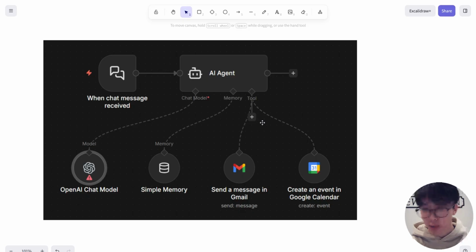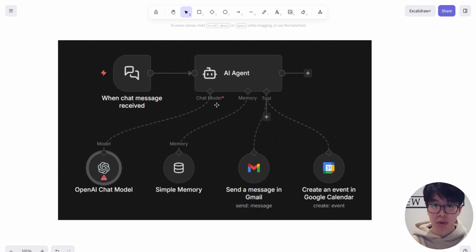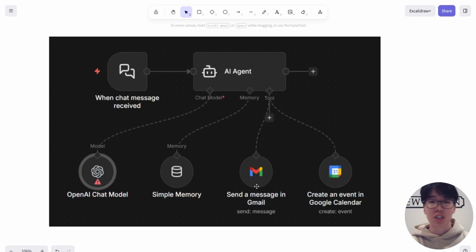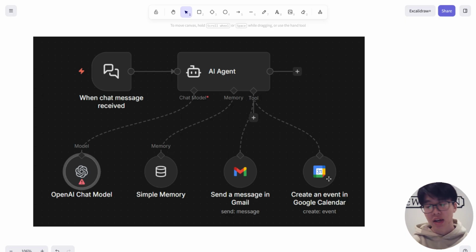And then you have tools. In this example, you have a Gmail tool so that the AI agent can read and fetch all the Gmails and write emails. And then you have a Google Calendar tool to get all of the schedules. So this is the idea of an AI agent. Instead of just asking a question and getting an answer, an AI agent is a system where the LLM can actually